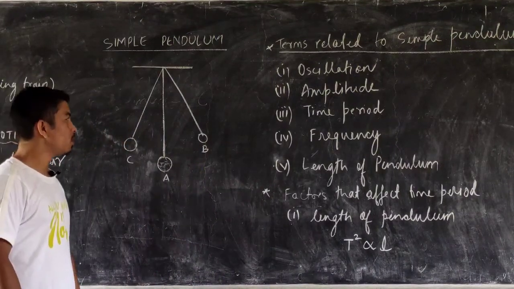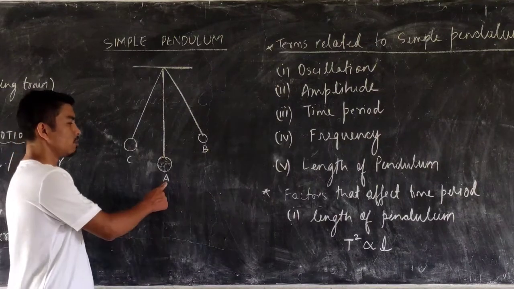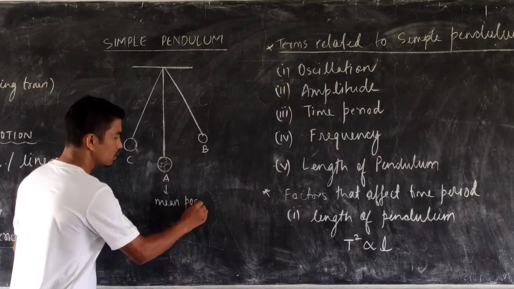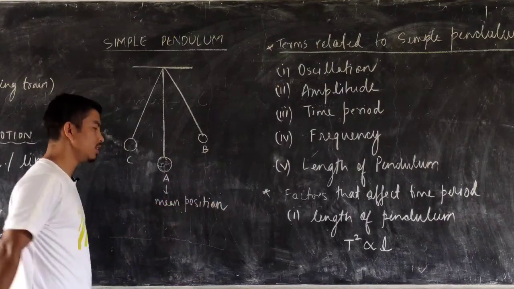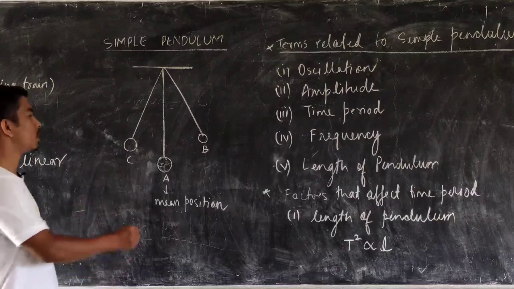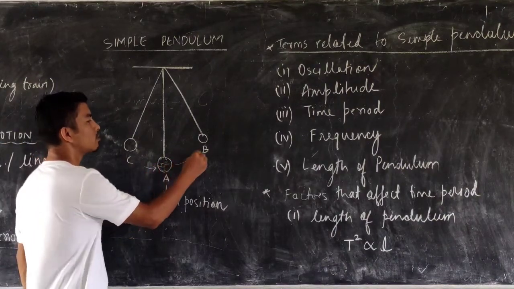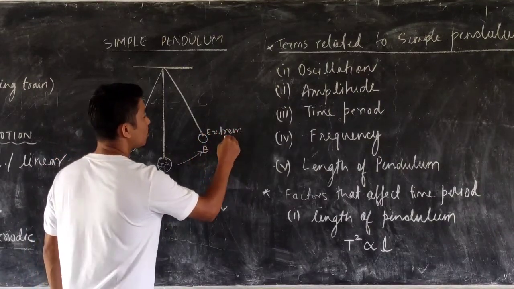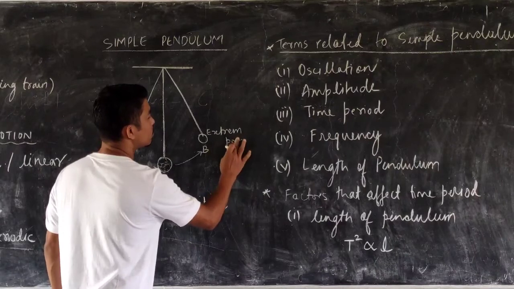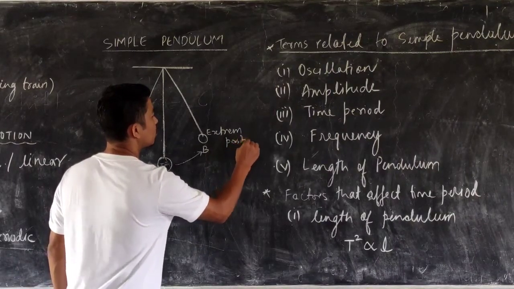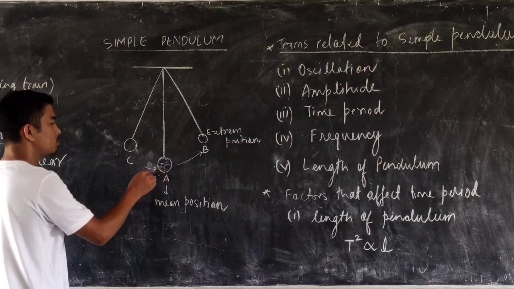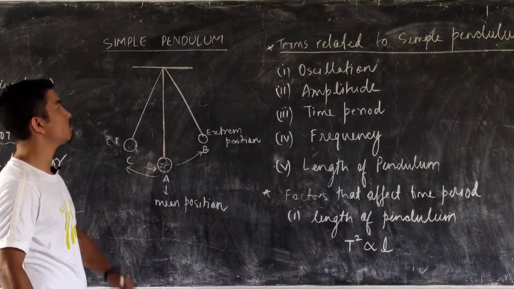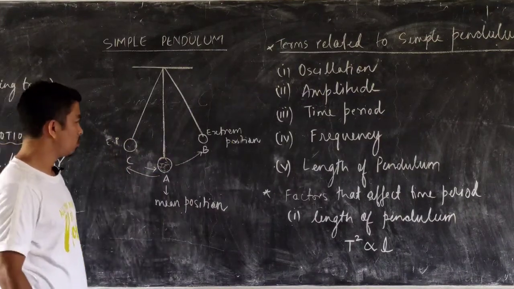So coming to the simple pendulum, when it is at rest, like at position A, it is said to be at the mean position. So the resting position is known as the mean position. Now when you apply a force to this bob, it goes to one of the extreme points, B. This is said to be the extreme position, and it also goes to the other side at C, which is also known as an extreme position. So there are two extreme positions when a simple pendulum is in motion.